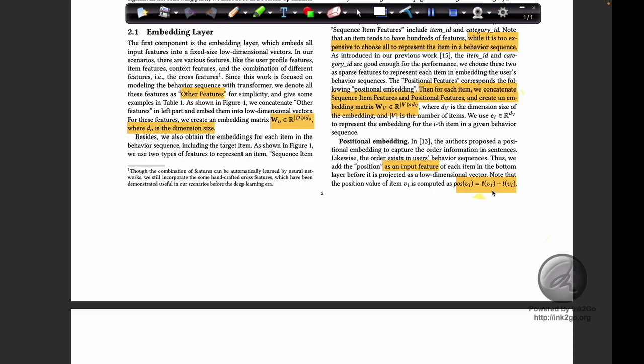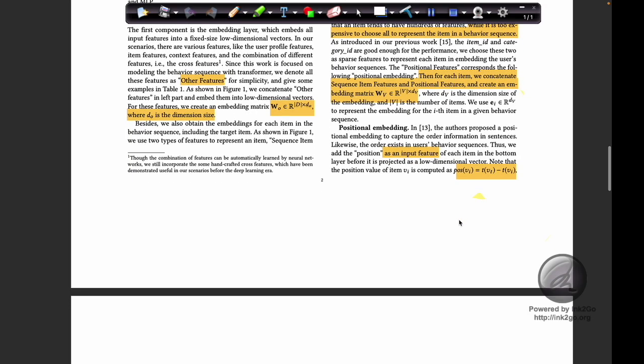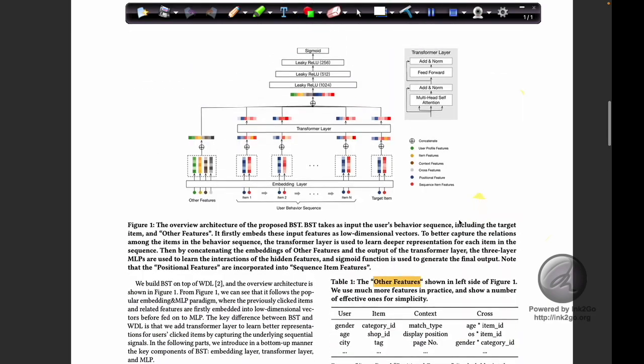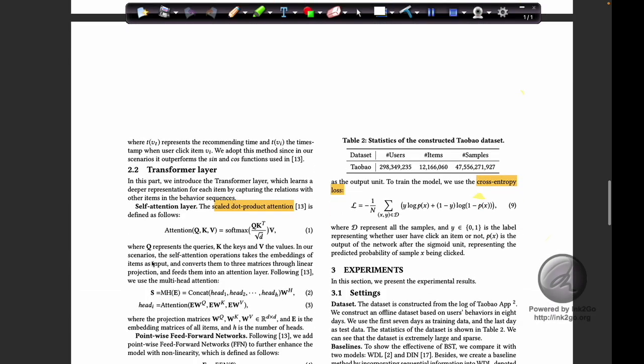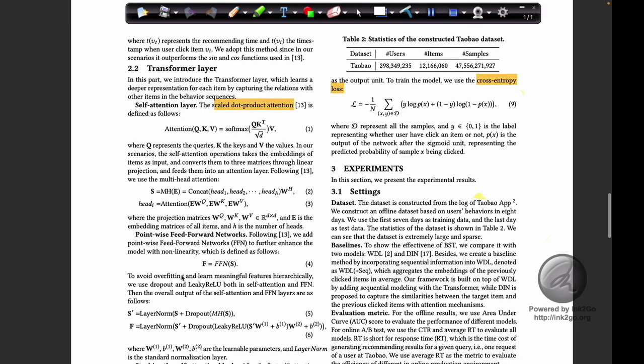This blue one is all the theory behind the self attention, and the other one is the attention mechanism.